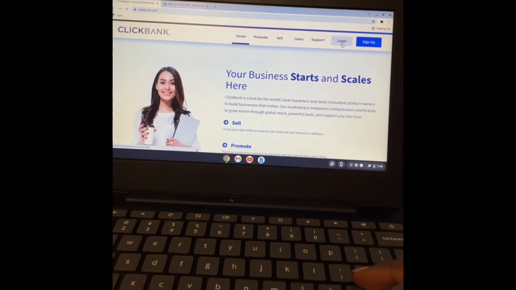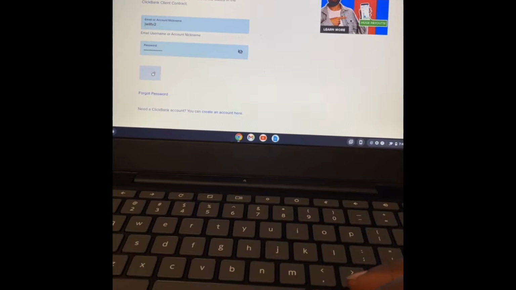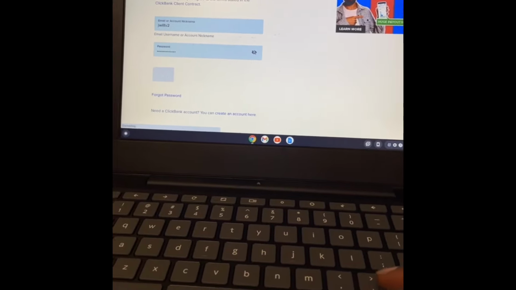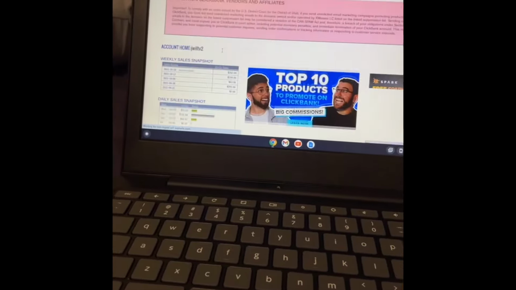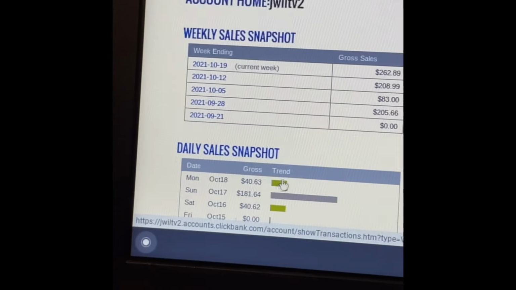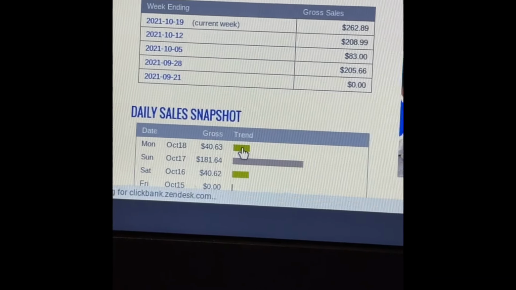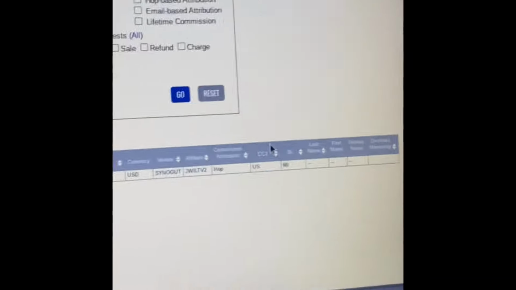As you can see, today is Monday, October 18th. We did make a sale today, but we only made about $40 today. As you can see, Snaggle Gut. Someone in MI, I don't know if that's Michigan or what, but as you can see today, we're not in profit, but I